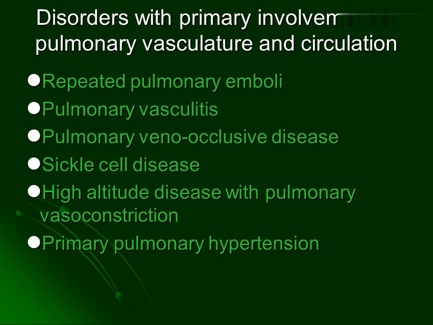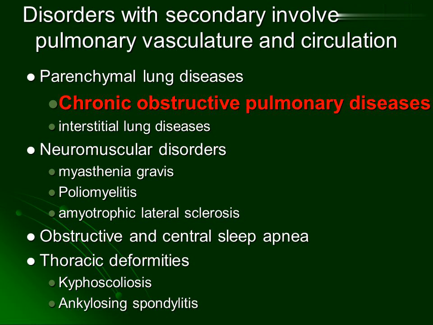Disorders with primary involvement of pulmonary vasculature and circulation: repeated pulmonary emboli, pulmonary vasculitis, pulmonary veno-occlusive disease, sickle cell disease, high-altitude disease with pulmonary vasoconstriction, primary pulmonary hypertension. Disorders with secondary involvement of pulmonary vasculature and circulation: